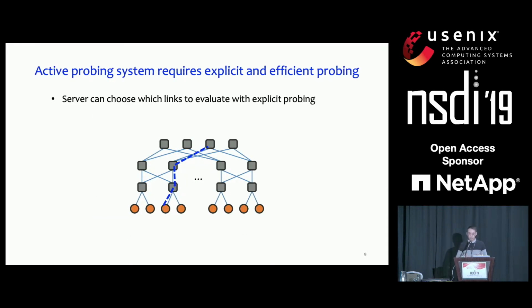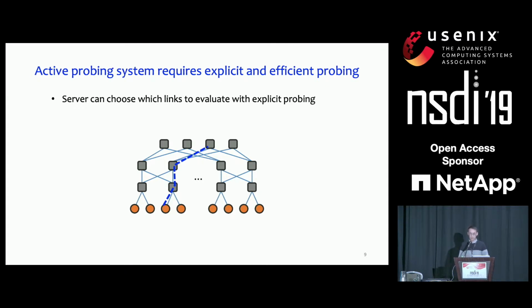In order to cover the whole network, as well as to be aware of which links a packet goes through, NetBouncer requires a server to explicitly probe a path with low cost. By explicit, I mean that a server can decide ahead of time which links a packet will pass. Since traditional